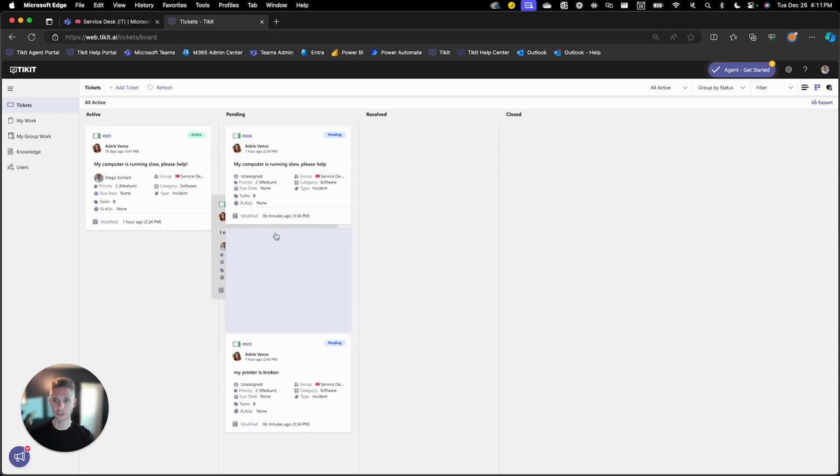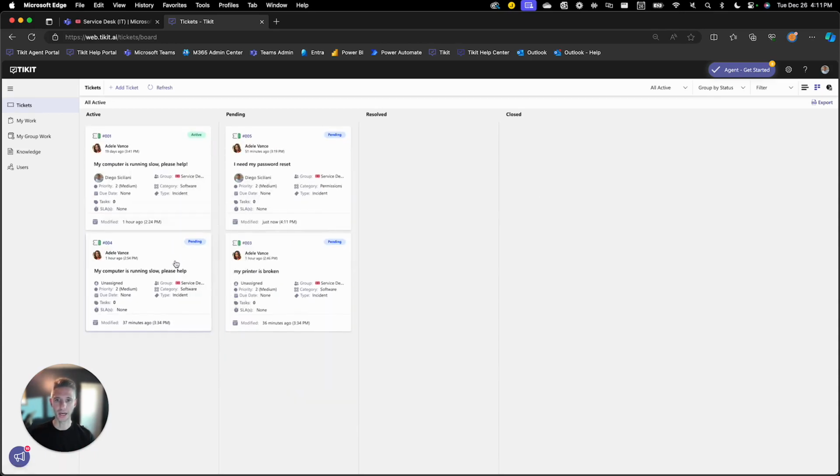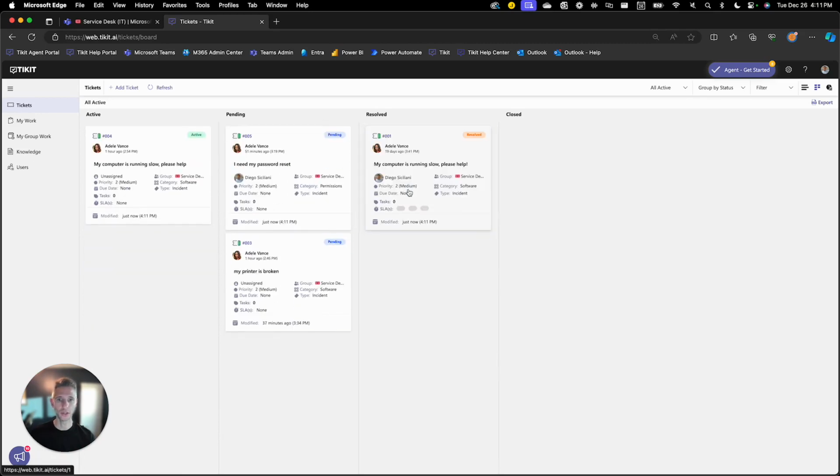So ticket number 5 should be pending, and ticket number 4 should be active, and ticket number 1 should be resolved. You have the ability to move tickets between those different swim lanes, which affects, in this particular case, the status of those tickets. Now, in the Tikit Agent Portal, there's also the opportunity to report across the different views,